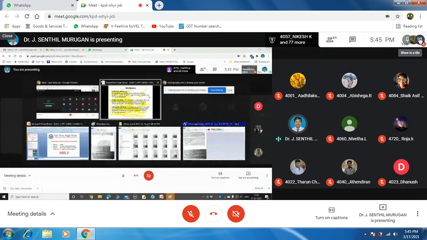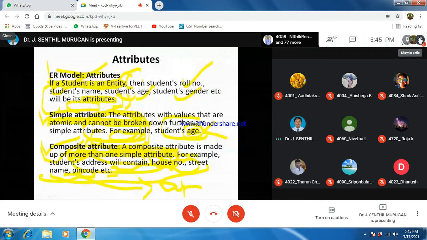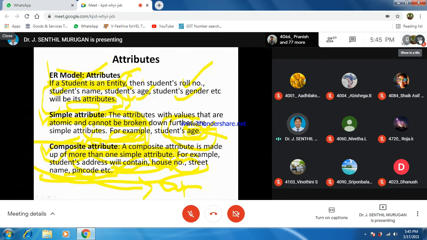A simple attribute cannot be broken, so it remains the same, for example the age. And composite means more than one simple attribute.